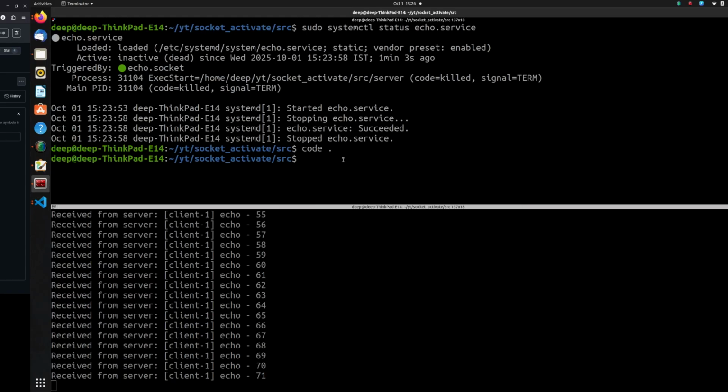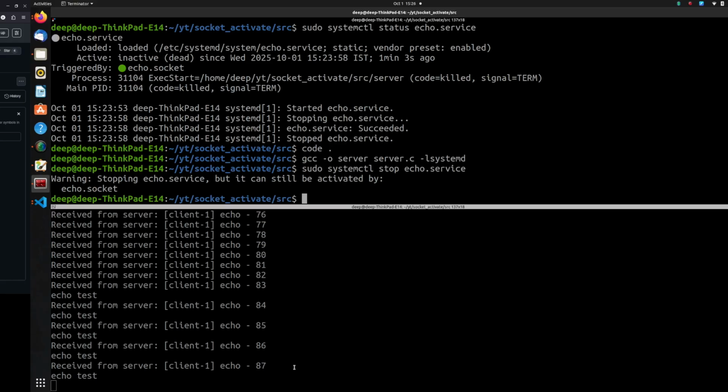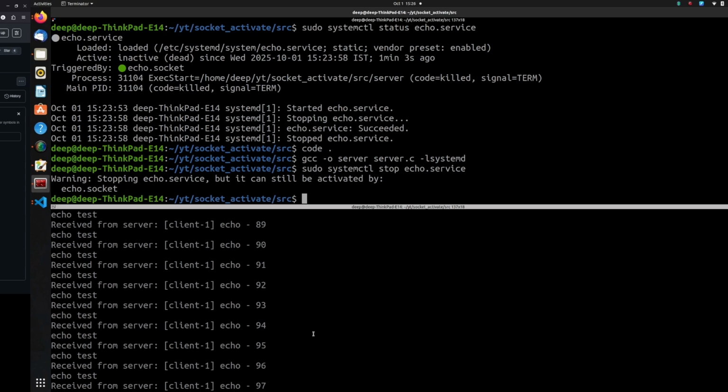Okay, so now all I need to do is recompile, and I'll do a systemctl stop echo dot service. And look at that. The moment I stopped, the immediate next connection once again started the server back up, and the updated version of the server came online, and I'm getting the updated messages, which just prints an echo test after the